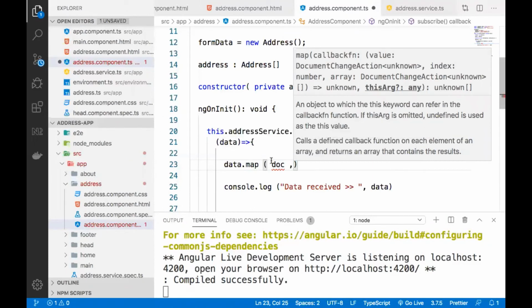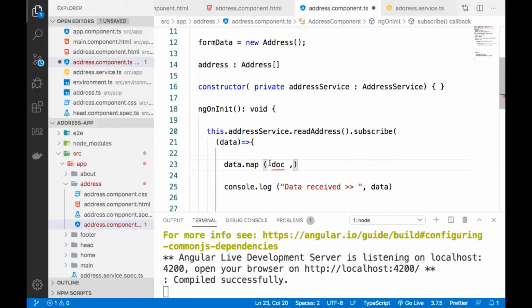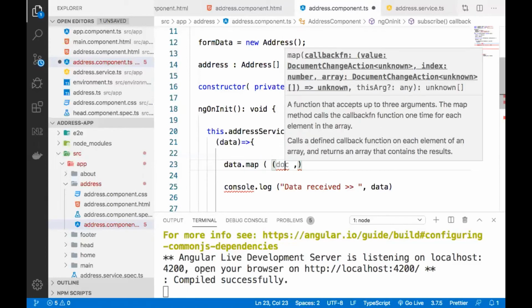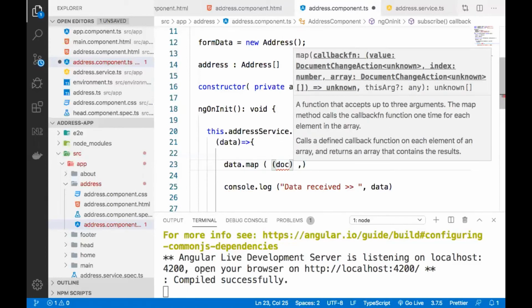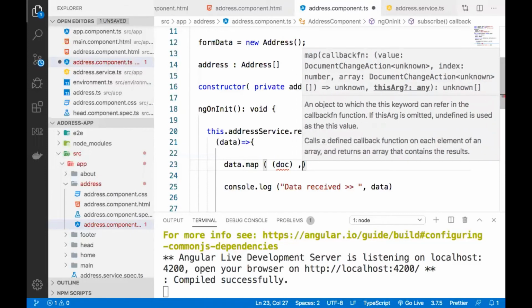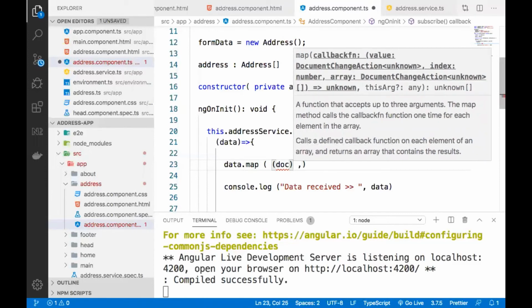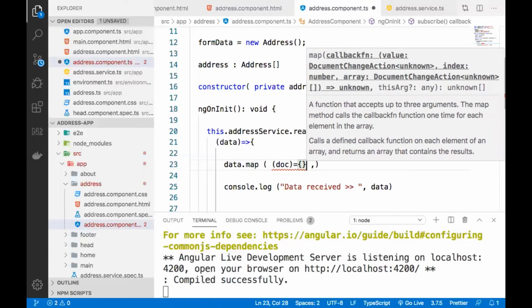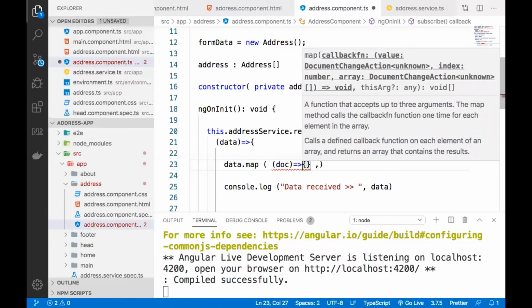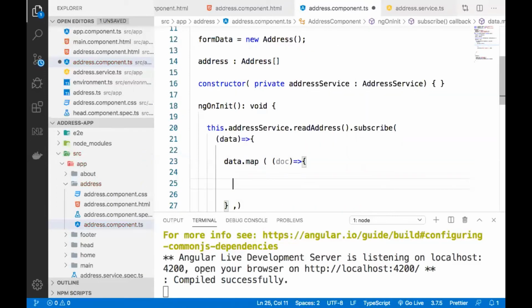So we get multiple document objects in this data. So I'm just providing a transformation function here. This map function is returning an object